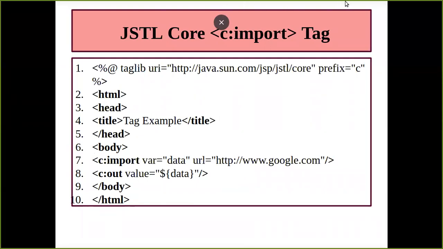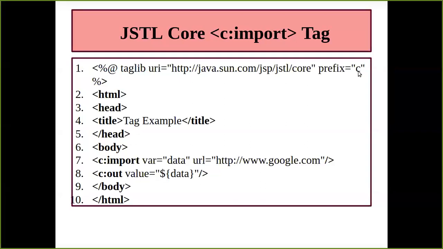Now how are you going to work over here? Again, you're going to start with the @ sign. That will hint that you are going to make use of a directive. And which type of directive do you have to name? That is your taglib directive. You have the URI, which ends with core because you are working with the core tag.